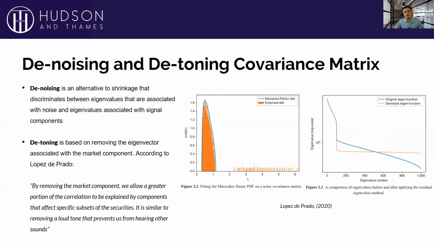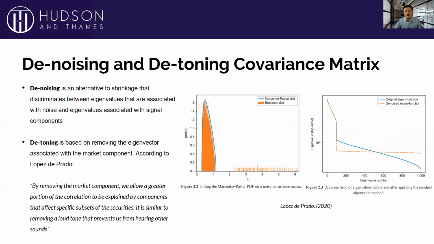The detoning is an adjustment to the already denoised covariance matrix, and it is based on removing the eigenvector, one or multiple, associated with the market component. So as the author describes it, it's similar to removing a loud tone that prevents us from hearing other sounds, because market components would have a big influence on the covariance matrix. When removing them, however, it would help the clustering algorithms to see the codependence between elements, as we've removed this